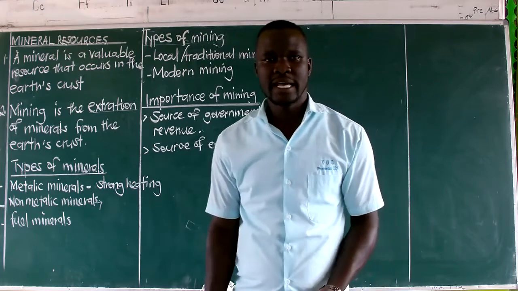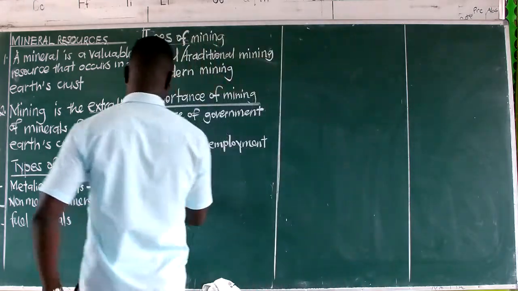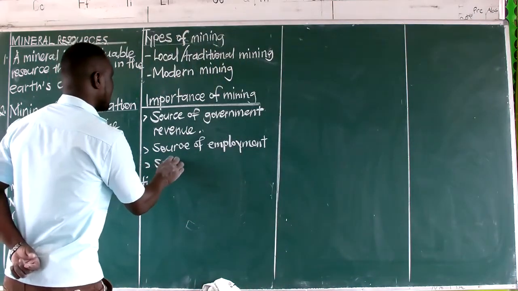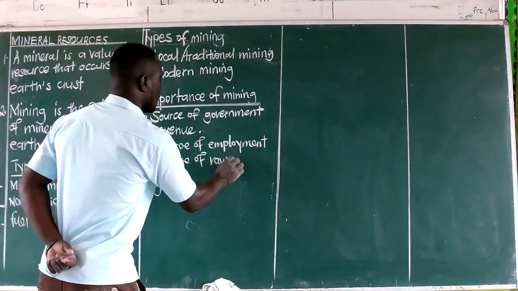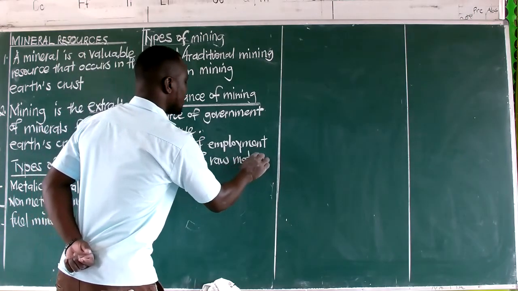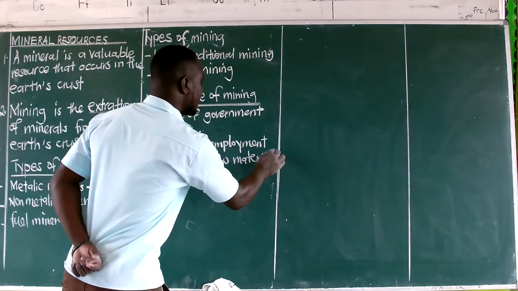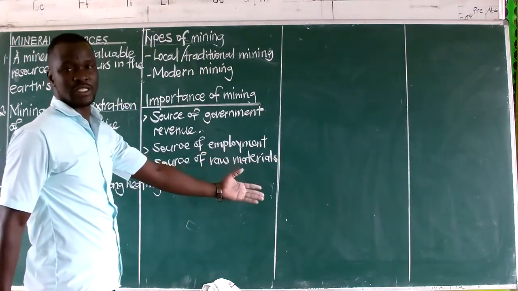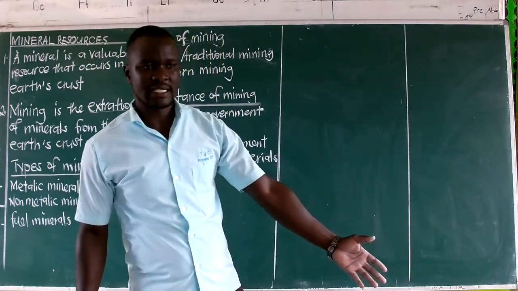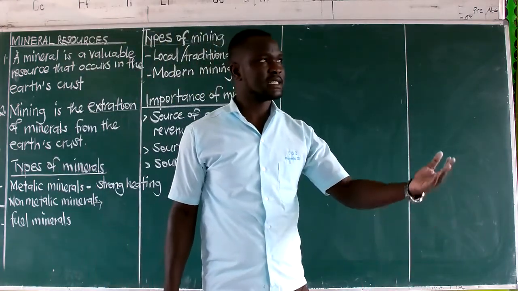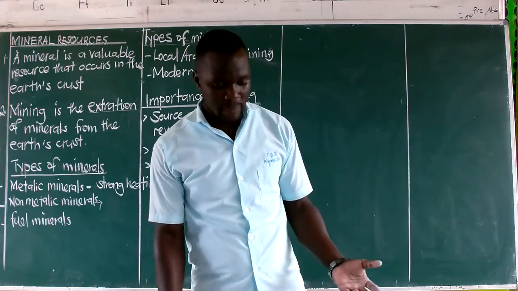Mining helps us to get raw materials. So we can simply say mining is a source of raw materials. What do we mean here? We were looking at the minerals and the raw materials, I mean the products which are made from them. We looked at copper. We looked at it being used for making things like copper wires, copper coins.